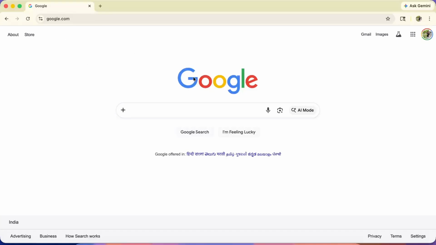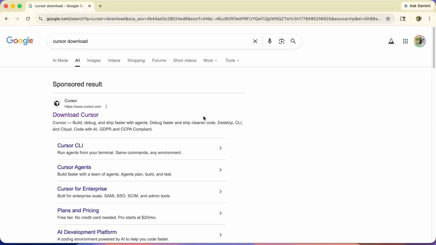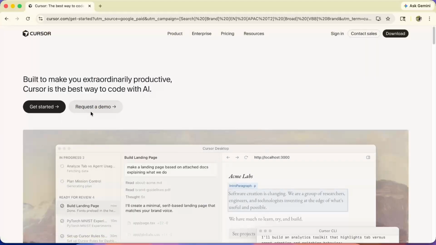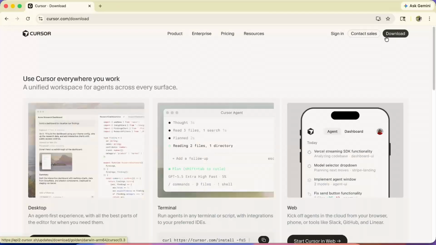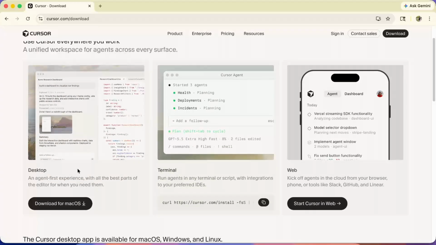First of all, you just need to go to a browser and search for Cursor download. Most probably, the first link you will get is Download Cursor. Click here, and then you will be on the Cursor website. You will see this download button. Click here, and then you need to come a bit down, and then you will see Download for Mac